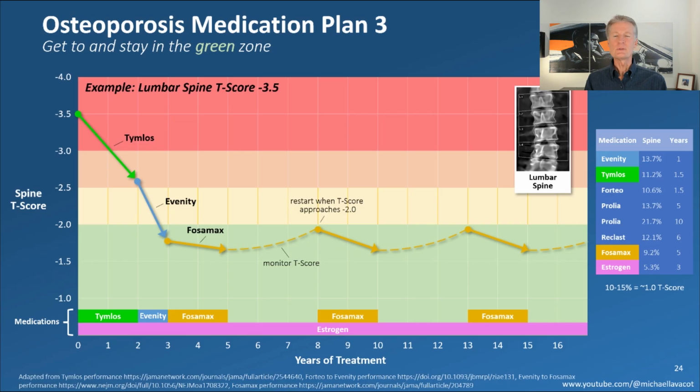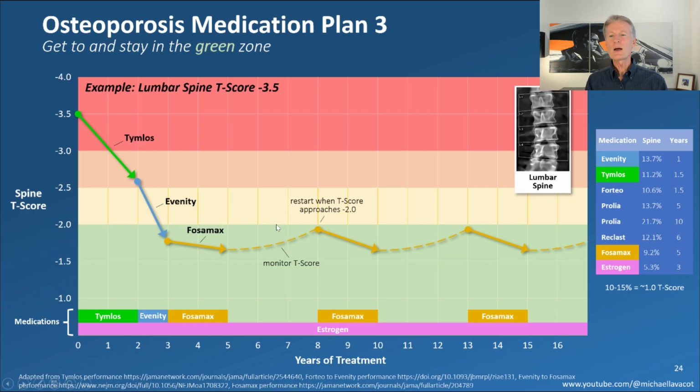And so here we are at minus 3.5. We get down below minus 2 in about 2.5 to 3 years. That's outstanding, right? And then on top of that, we can transition to Fosamax instead of, say, Reclast. And that gives us more options down the road. Remember, Fosamax isn't as powerful. And if we had to do something else, like another round of Evenity as an example, we could do that more easily being on Fosamax.